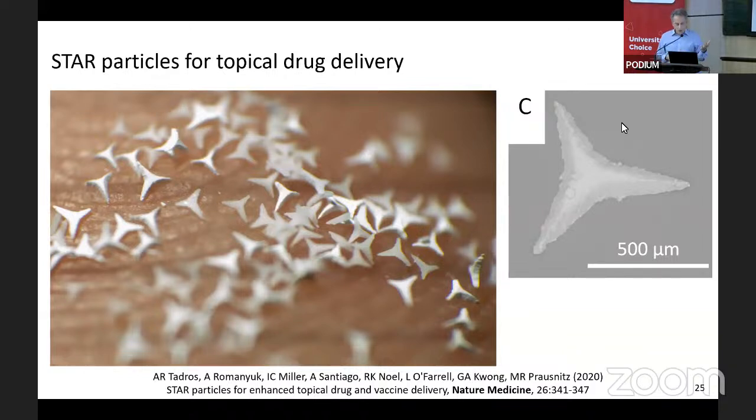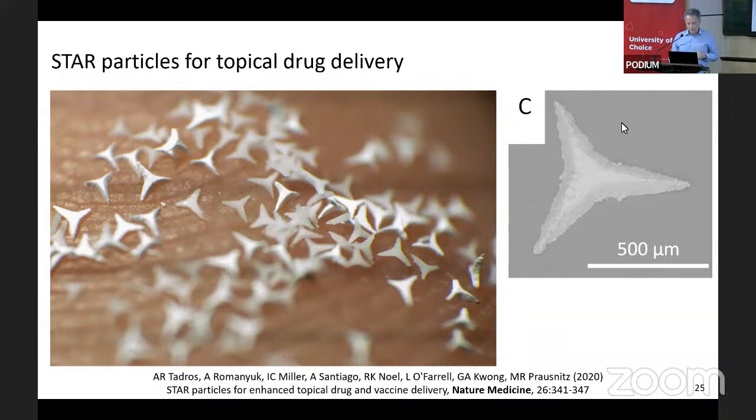So here are some of these particles. They're 3 arms or 3 microneedles. It's kind of the Mercedes-Benz design, where you now take these particles, you add them into some kind of a topical formulation, and the rubbing action that you normally would do to apply something to your skin causes these particles to roll and slide around and poke little holes into the skin